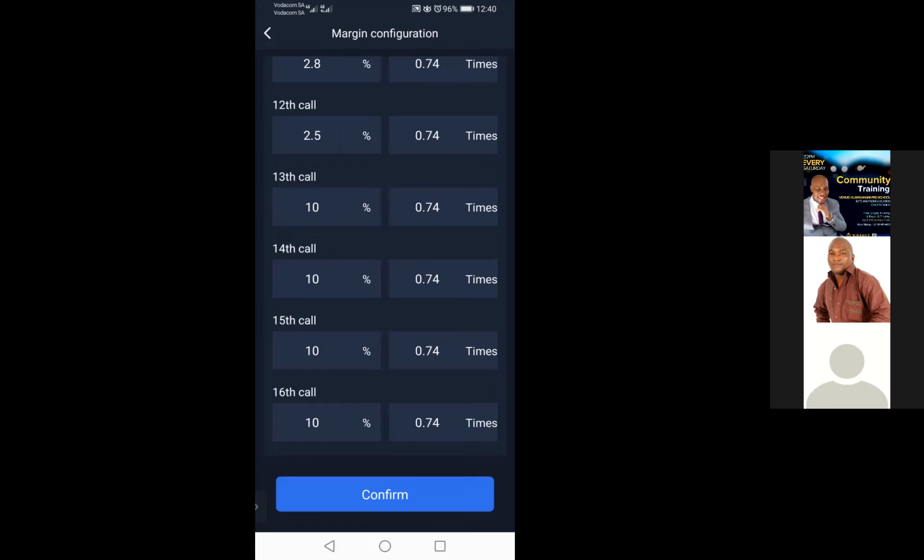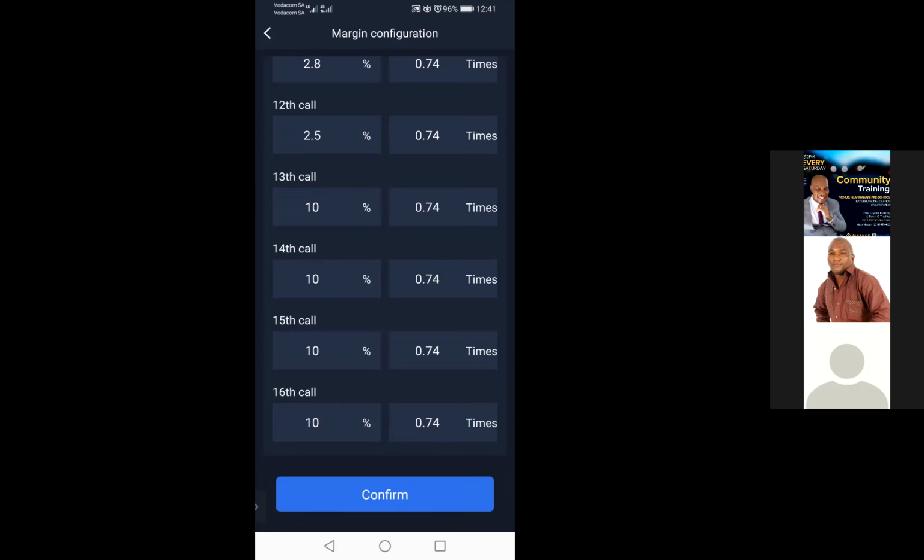So with this one, we don't bother it. We simply go and open margin calls because we have seen that there's enough money for it. And the money that is required for this one is how much? Is only $63, and we have it. All right. So on the 13th call is fine on 10%. On 13th call, yes, remember 13th call,